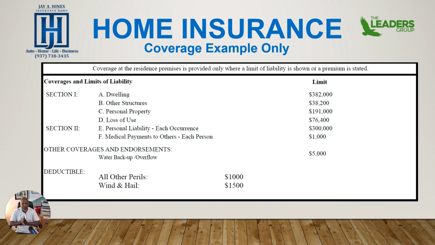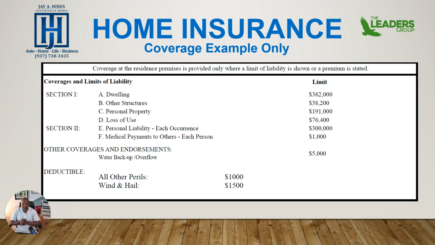So next, let's go down to personal liability. This is for any major injury that happens to someone on your property. For example, someone comes to your property and they slip on ice and injure themselves really bad. Then the injured person decides to seek compensation for their medical bills. Personal liability will be used to pay the injured party's personal medical bills and take care of that. Now, there could be a time where there's a discrepancy there and litigation is needed. This is when the money can be used to defend you if the situation warrants litigation.